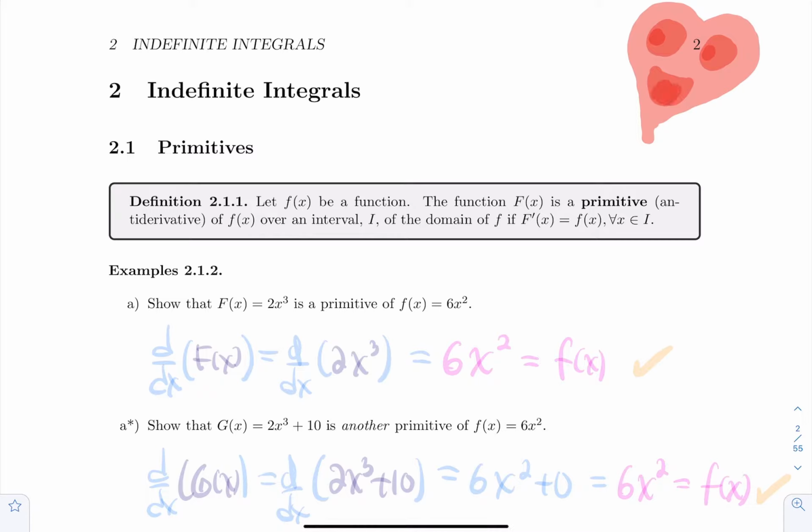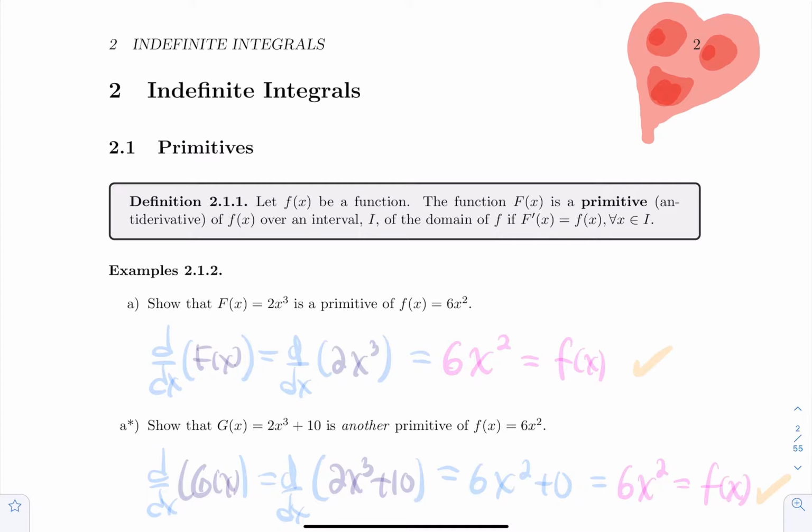If you start with f of x, small f of x, a function, we're going to say that big F of x is a primitive or an antiderivative of that function, small f of x, over an interval, typically the domain of that function, if big F prime is equal to small f for all x in that interval. So basically, if you want to check if a function is a primitive, you just need to compute its derivative, and if it matches the other function,